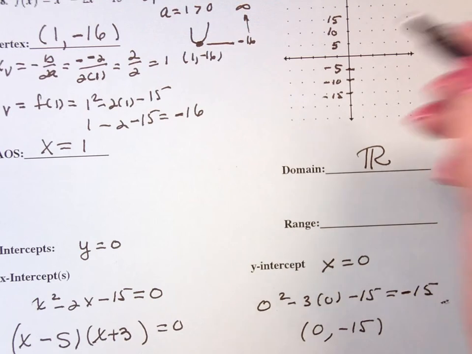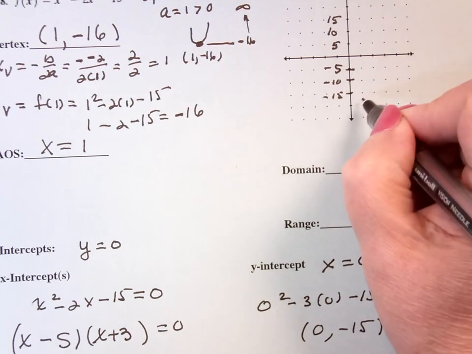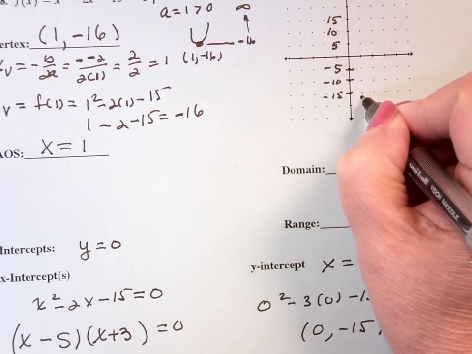I first put in the vertex. If x equals 1, y equals negative 16. It's slightly bigger than negative 15. The x-intercepts are negative 3, 0,